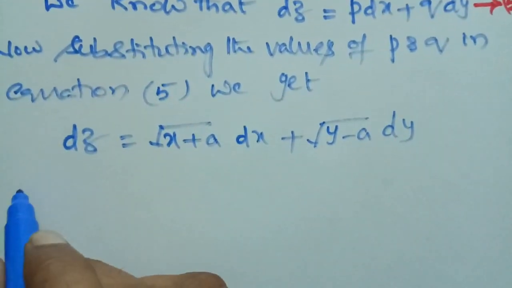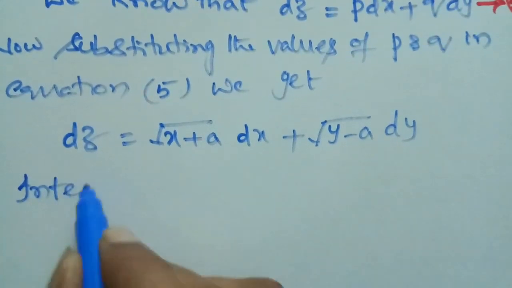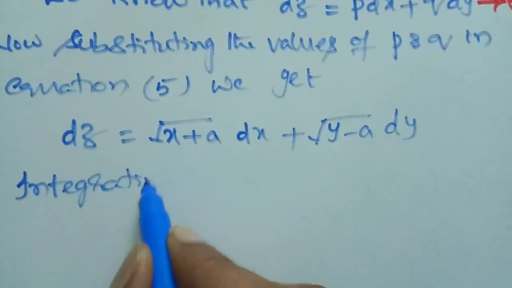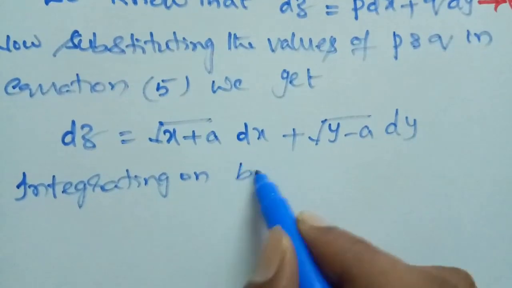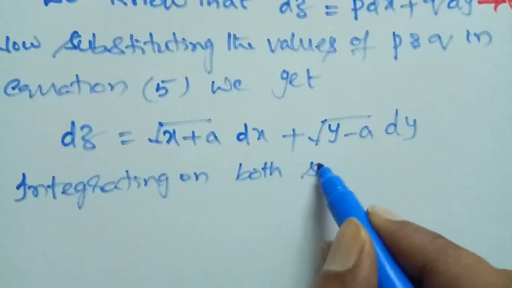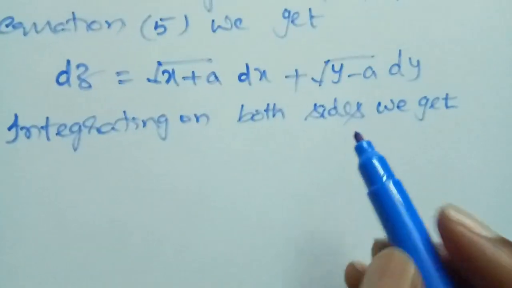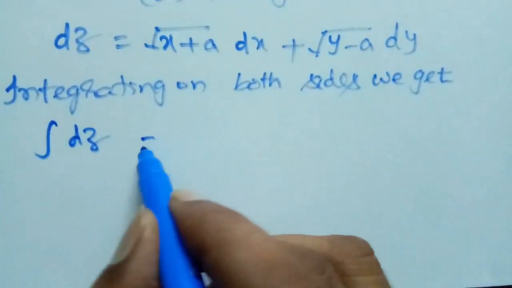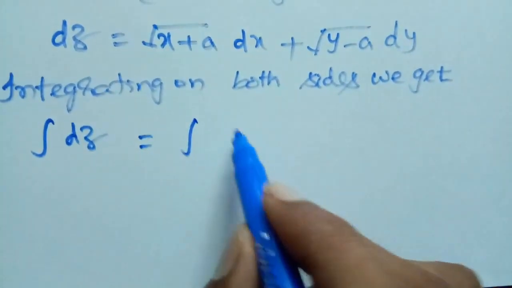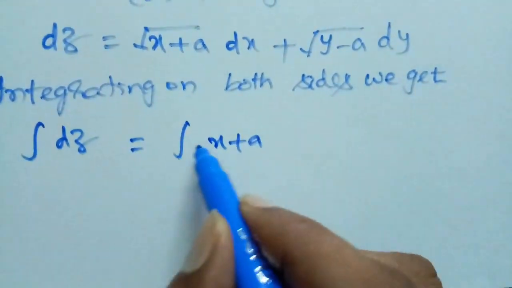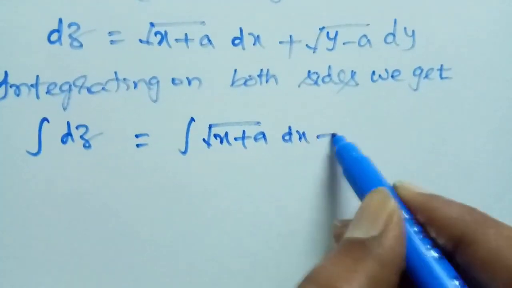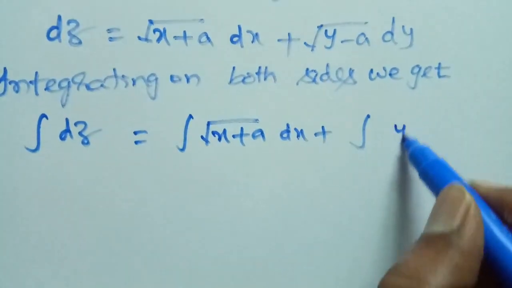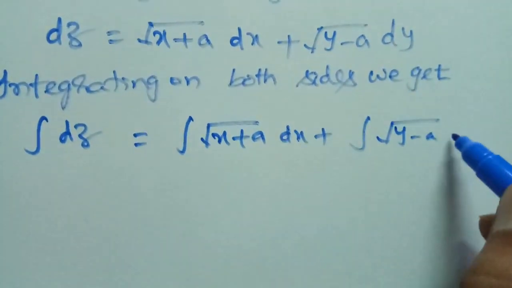Now integrating on both sides, we get integral dz is equal to integration of root x plus a plus integration of square root of y minus a